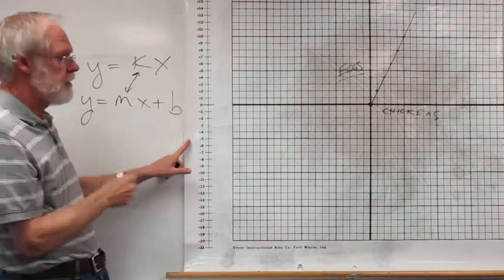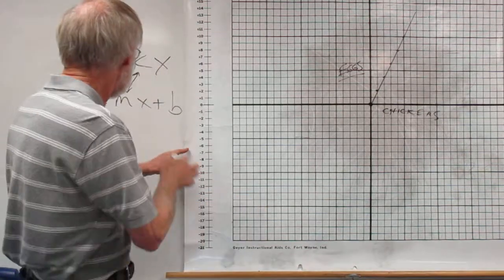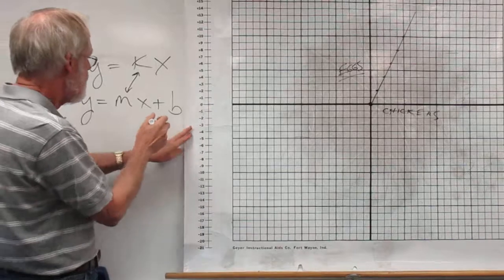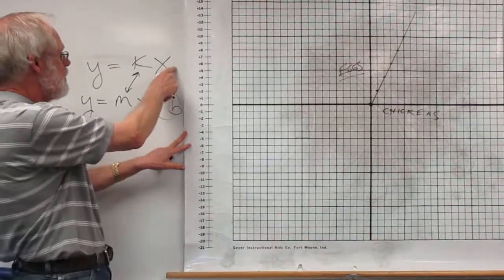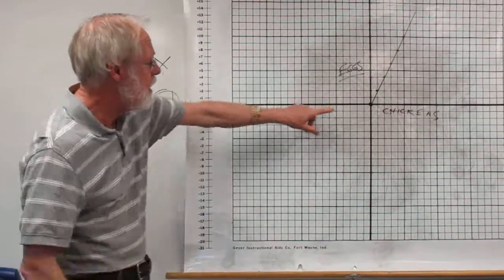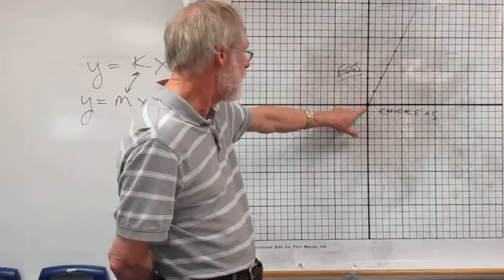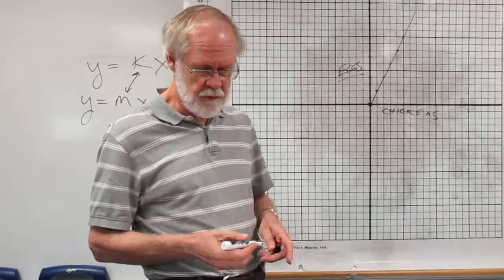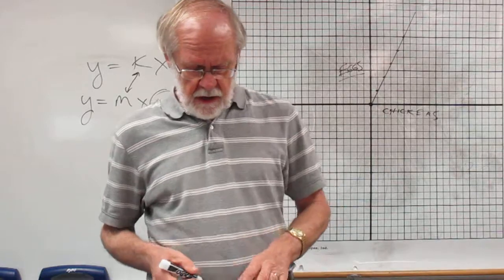So the k, well, it's called the constant of variation, is also the slope. And the b value over here is a 0 because this is plus 0. We do not have a y-intercept other than 0 in a direct variation equation. Okay,